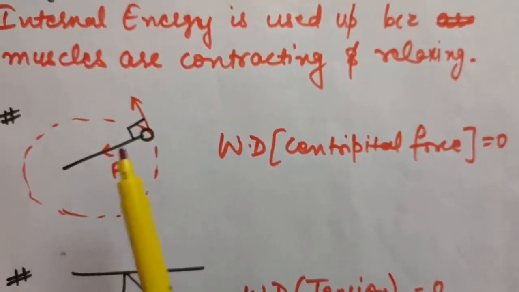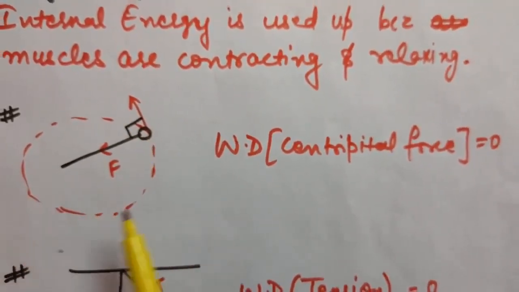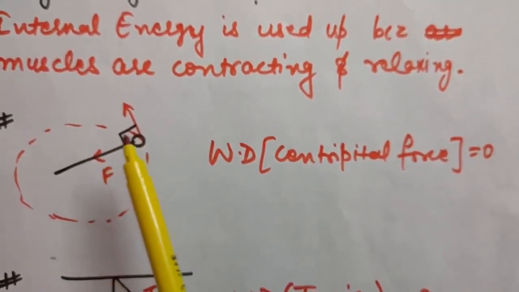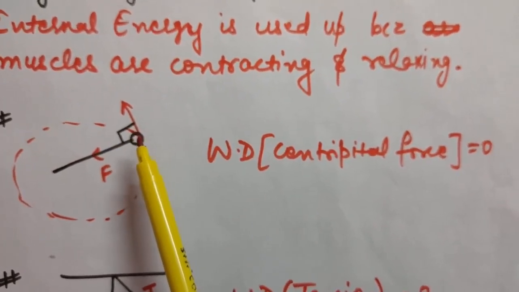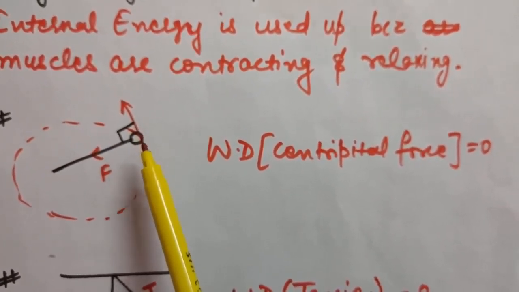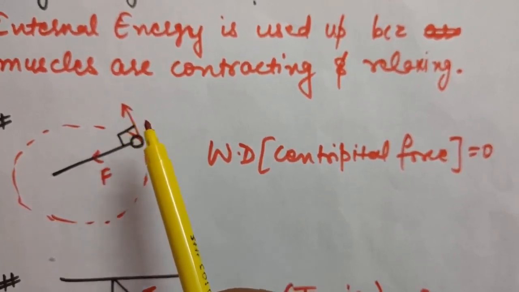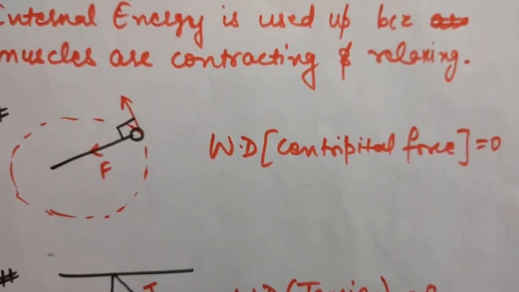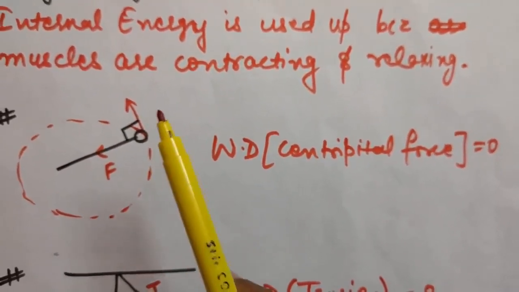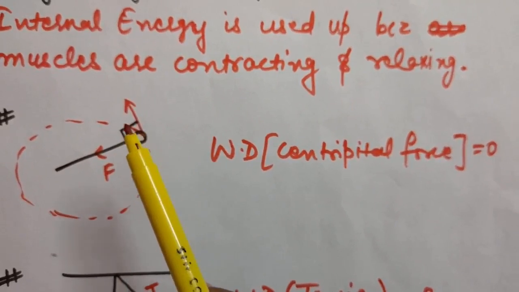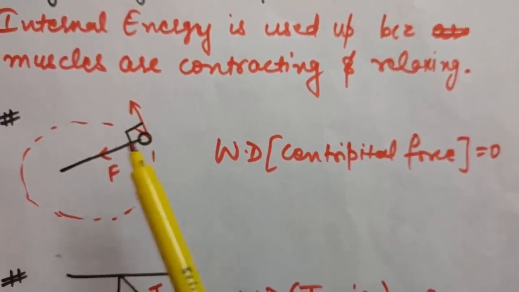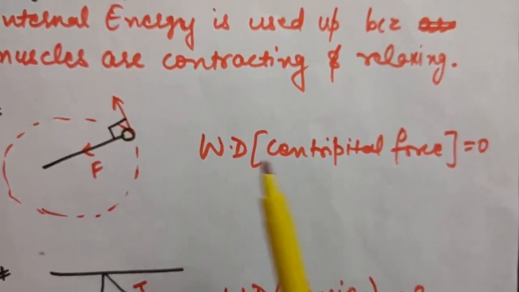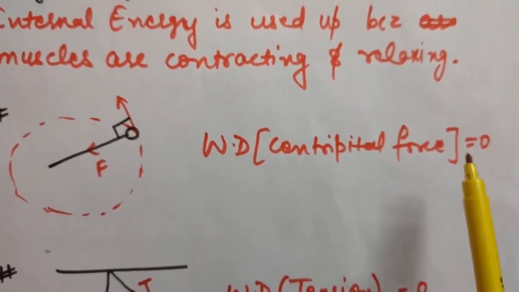Okay, so let us discuss one more case of zero work done. See, when you tie a stone with a thread and you rotate it in a circular motion, then as you know, centripetal force acts towards the center, and at any particular point the direction of the displacement, or its moving point, will be given by a vector like this. Okay, at any point you can just draw a tangent vector that will tell you about the displacement vector. So if you see, the angle between force and displacement at any particular point is again coming to be 90 degrees. So work done by a centripetal force is always zero.